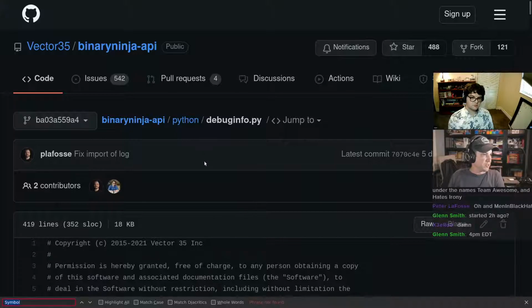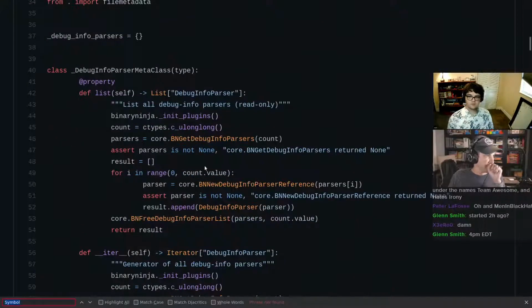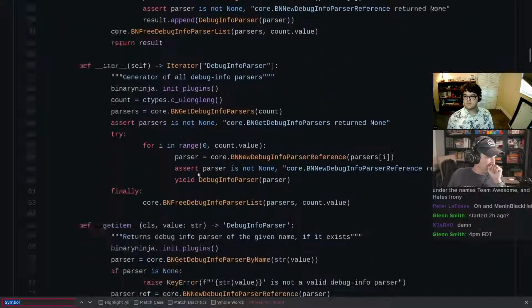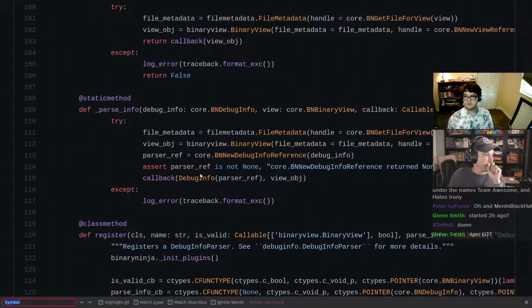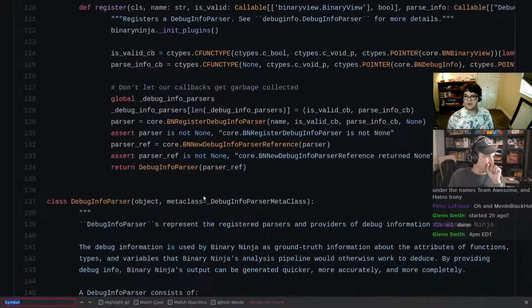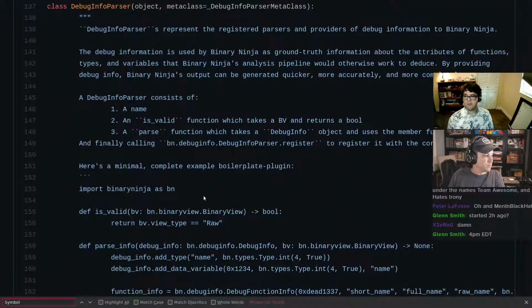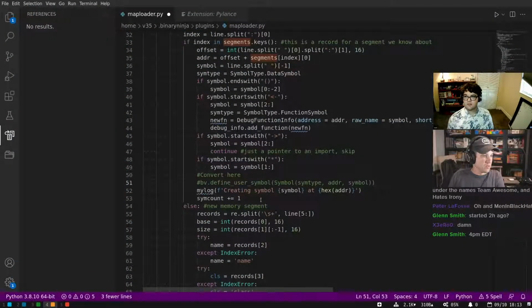The word symbol does not appear in DebugInfo. How do I create a symbol with a DebugInfo? Like, what kind of symbol? Let's say I've got a data variable or... Add data variable. Oh, okay. So let's see, what's...